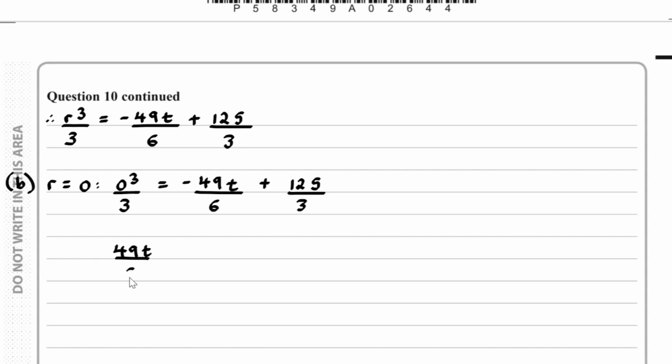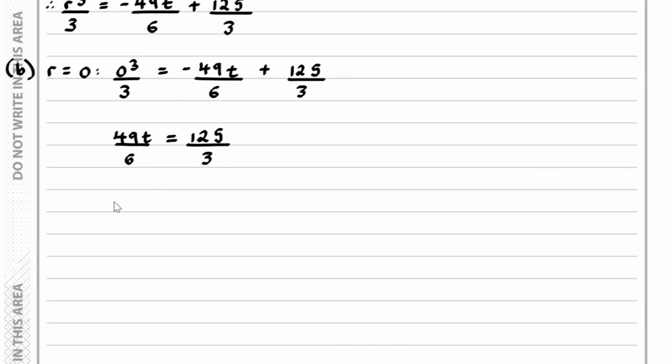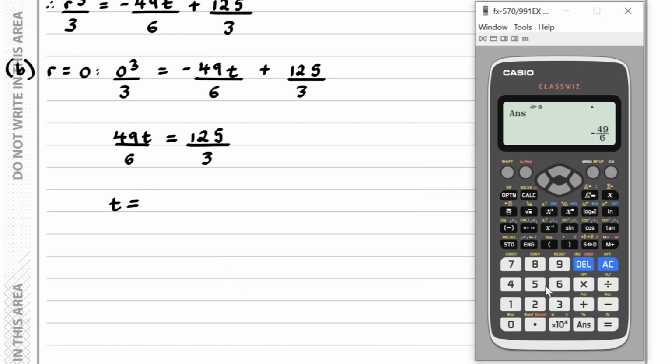49t over 6 equals 125 over 3. So if I find out what t is, I've got 125 over 3 divided by 49 over 6, and it turns out we get 5.10, etc. minutes. And this to the nearest second,